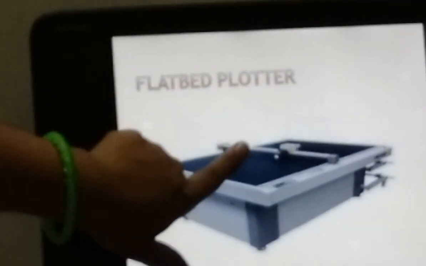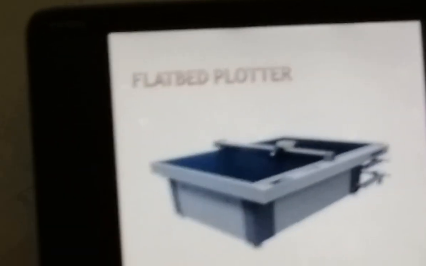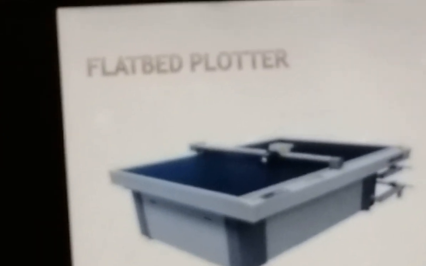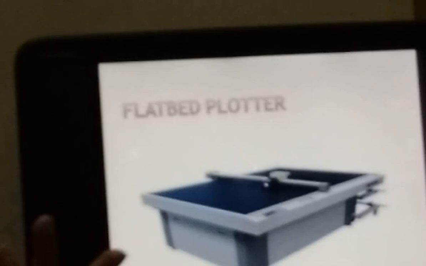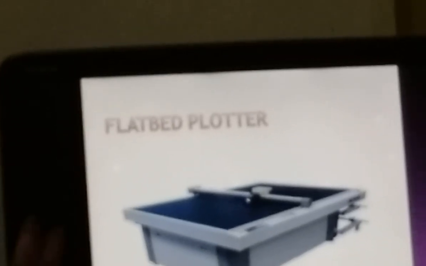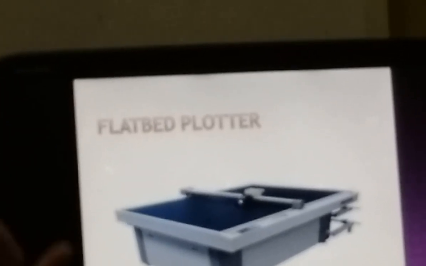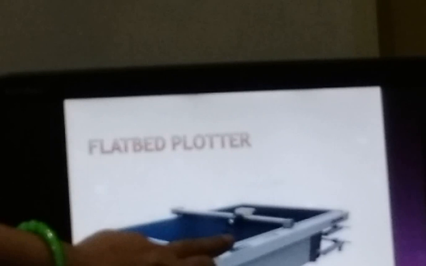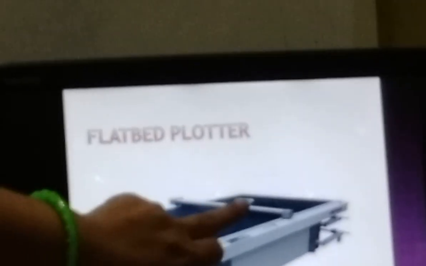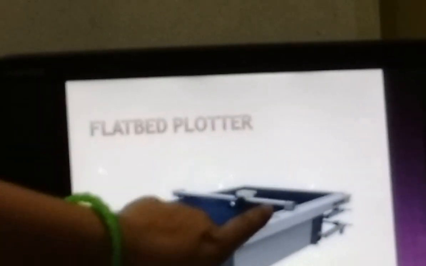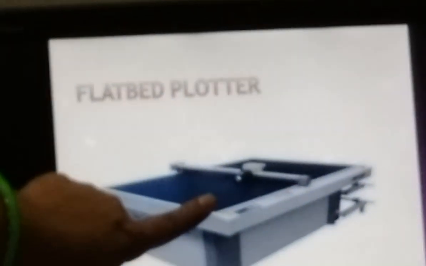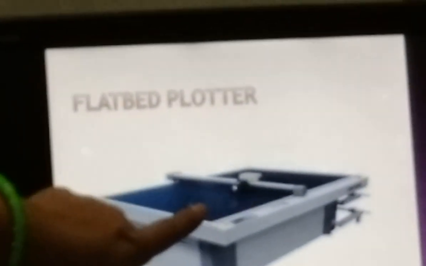This flatbed plotter is used for printing graphical lines, as well as for printing a few texts. On this flatbed plotter, on the area at the top, your sheet is kept. And here you can see this machine. This is a machine which is used for printing purposes.